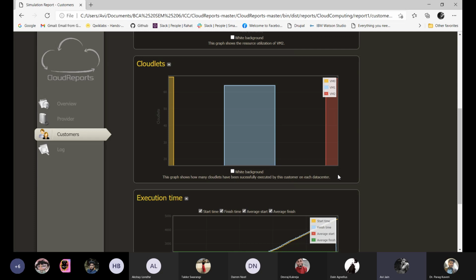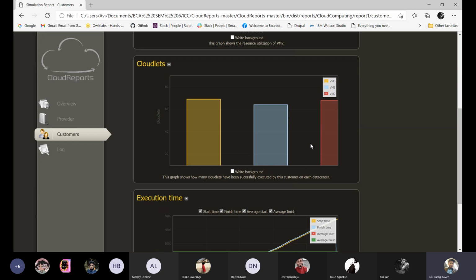To the data center. Whatever policy you have applied, based on that policy, it will go to the desired data center. The desired data center will process it, and after the processing, it will generate this utilization, like the number of instructions that you have put there, cloudlets.